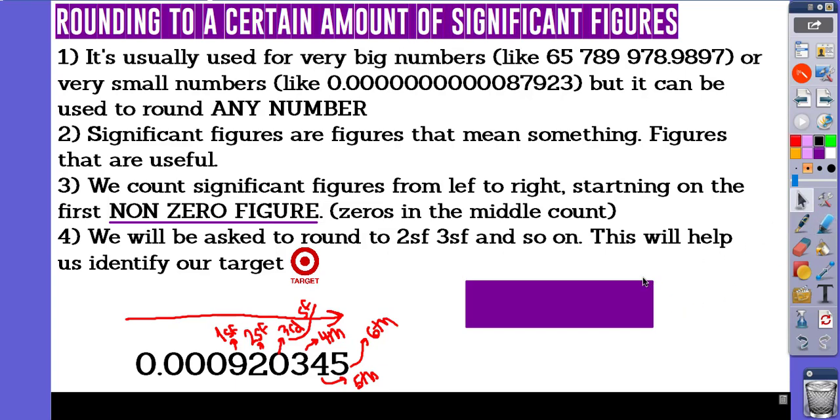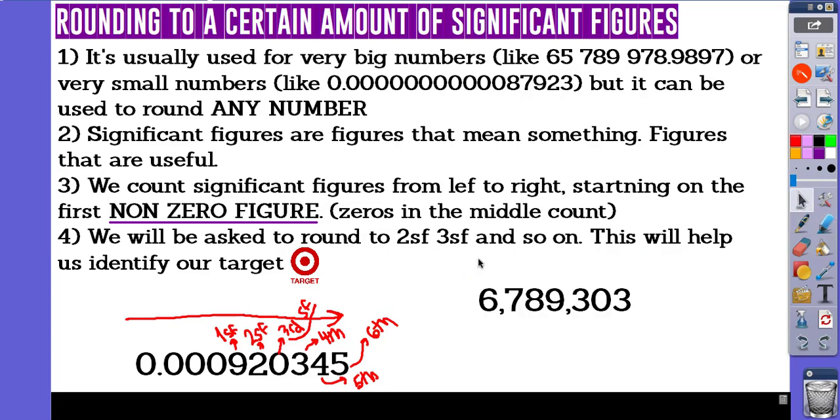In the case of a regular number, such as 6,789,303, we start counting as usual, from left to right, starting on the first non-zero figure. We have no zeros to the left, so this would be significant figure number 1, significant figure number 2, significant figure number 3, number 4, 5, 6, and 7, right? So let's see what happens if we have to round any of these numbers